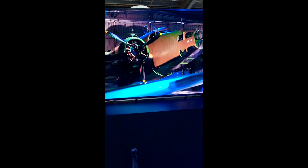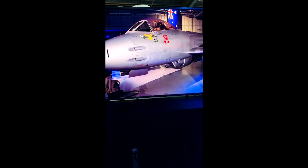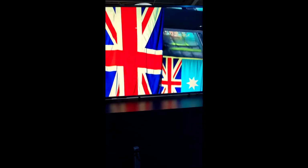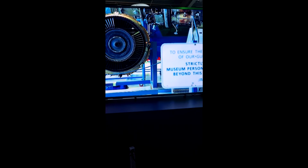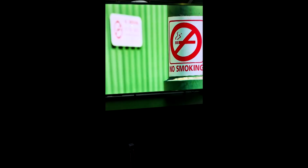You'll find more information and video beside each aircraft in the museum about its history. Because this is a working museum with operational aircraft, please take care of where you're out. For your own safety, please stay behind the barriers and observe all warning signs. Finally, this museum